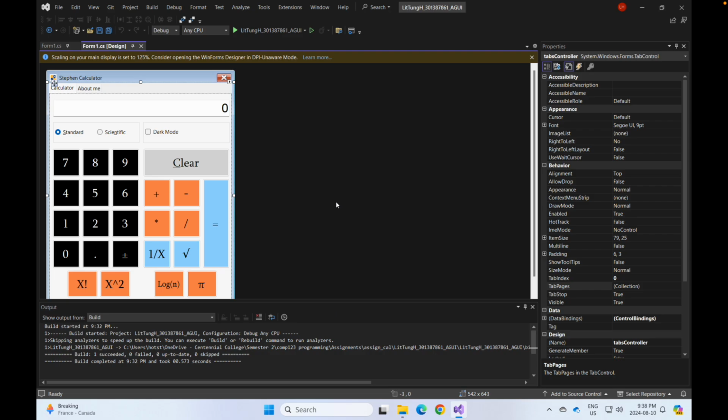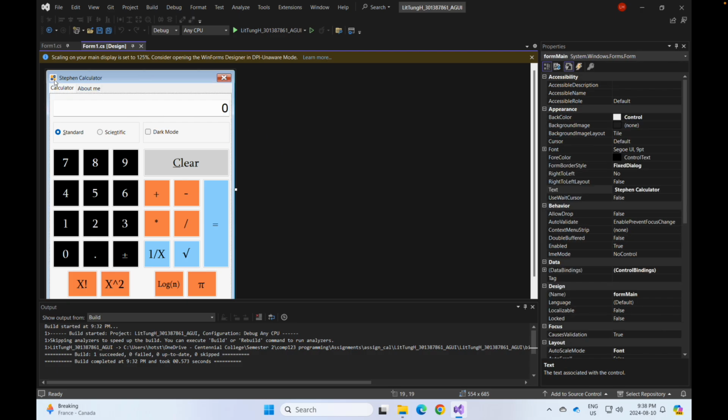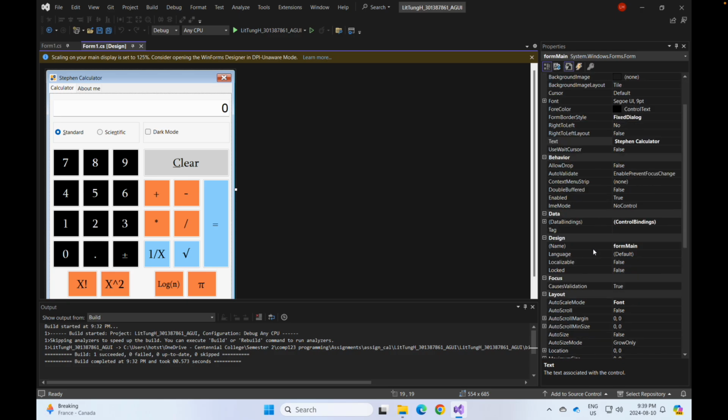Hello. Today I will show you how to do a calculator with C Sharp. So we begin with the icon on the top left corner. To add the icon, we just need to select the form, and then in properties here we can find